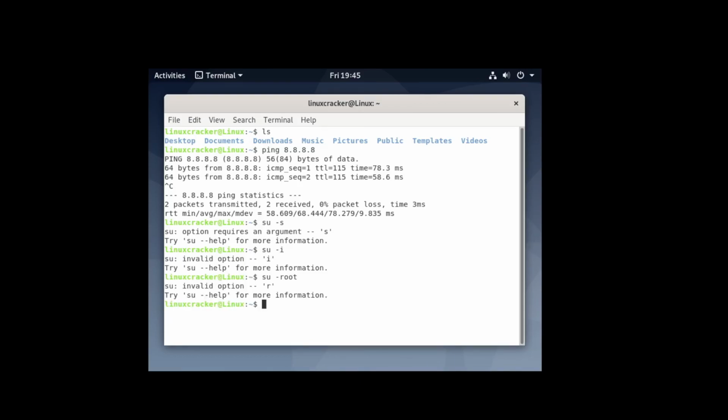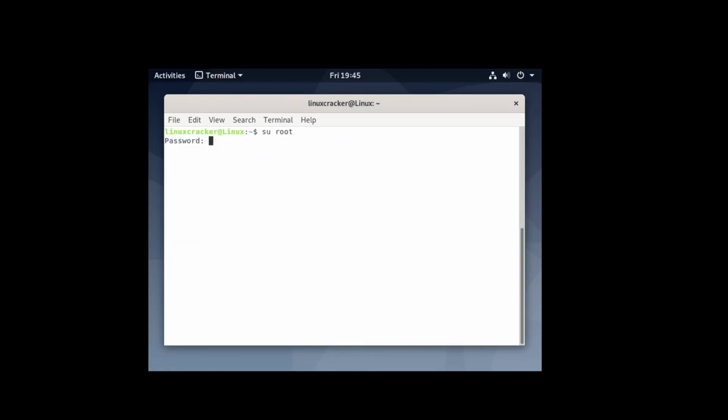Use the command su space root and then give the password. After giving the password, you have to write the command for updating: apt-get space update.